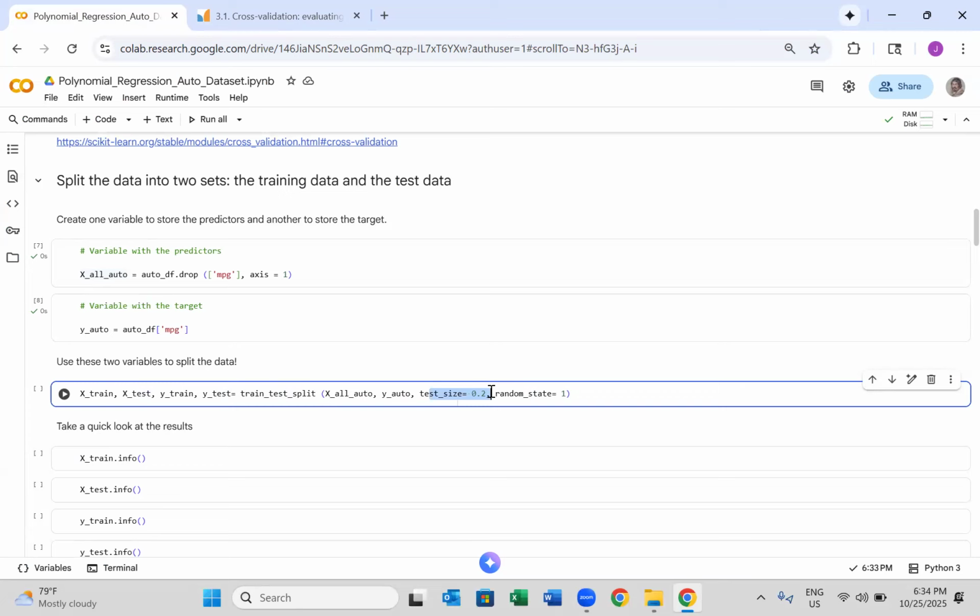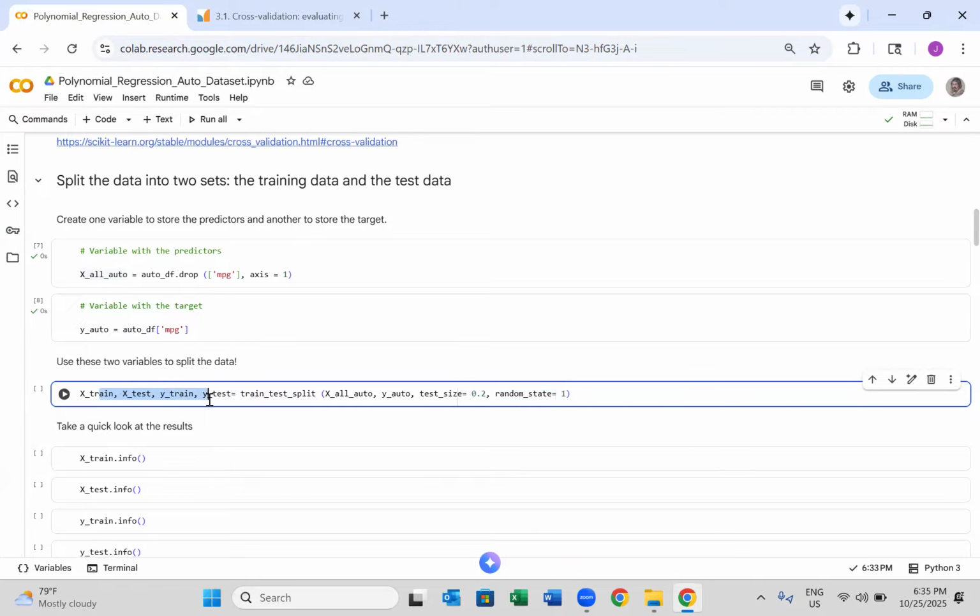And finally, the random state equals 1. What am I doing there? I'm setting the random seed equal to the integer 1. This allows us to control the randomness of the split. What do I mean by randomness of the split? Don't forget that when we split the data, a random subset of the observations become the training data and the rest become the test data. By controlling the randomness, I make sure that anyone using my notebook gets the same training data and the same test data. So I'm controlling the reproducibility of my results, okay? All right,